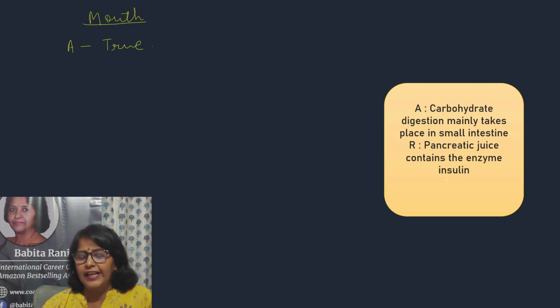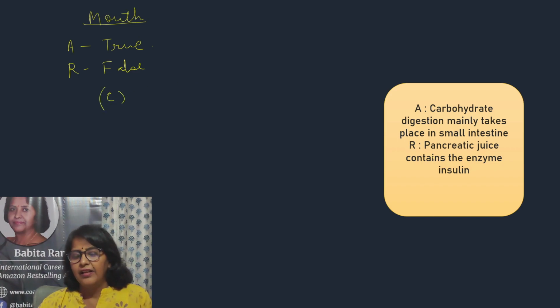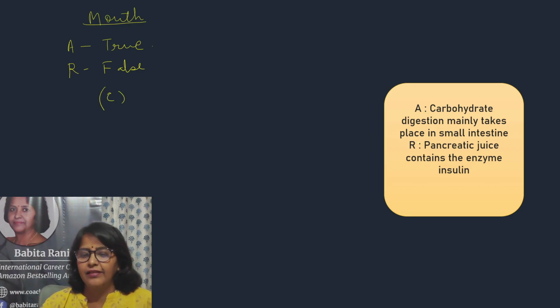Reason: pancreatic juice contains the enzyme insulin. Pancreatic juice does not contain the enzyme. Reason is false. This is also C. So answer is C. Suppose if we replace this R,